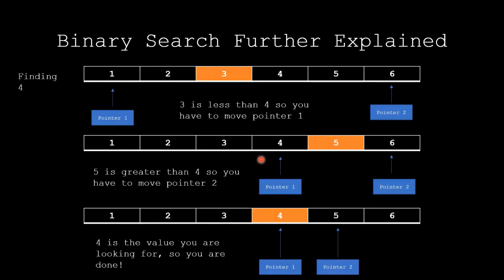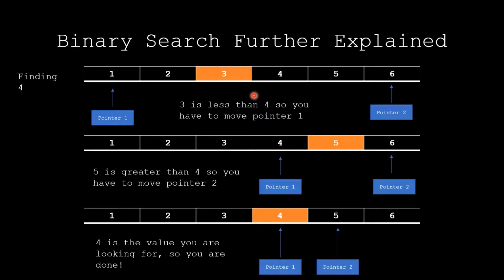If the dictionary was a little too confusing, I have a simpler example. Let's say you have an array 1, 2, 3, 4, 5, and 6, and you're trying to find the value 4. So you have pointer 1 at the first index of the array, and pointer 2 at the last one. And then you find the middle value, which is 3. You're not going to find the average of the two. In this one, you just go down to the 3